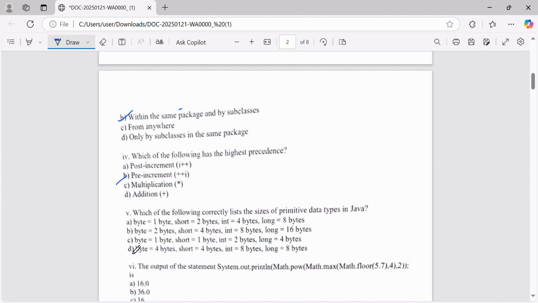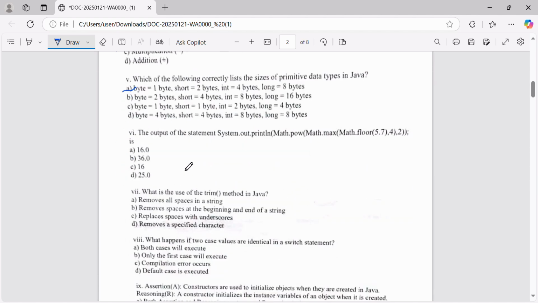Okay, C is also correct, wrong. The third one, the byte 4 byte, so completely B, C, D are totally wrong, so I need to opt as this one. Okay, the output of the following statement,